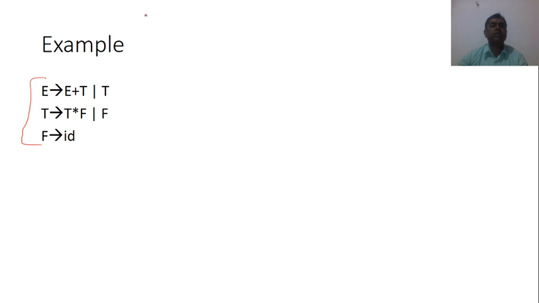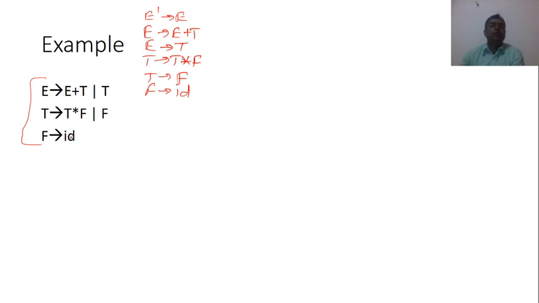Just write it as E prime derives to E. And then E derives to E plus T, then E derives to T, T derives to T into F, then T derives to F, then F derives to id.